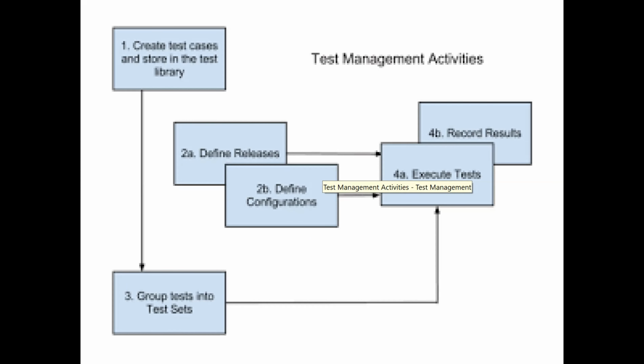Groups of test cases will be collected and the test sets will be formed so that they can be given to each team. Some test cases will be given to the manual testing team, some to the automated testing team, and some to the usability test team. And in each test case, you have to define releases, record the results, execute the test, and define the configuration. Each test will have its own results, how we are going to execute the actual testing process, the configuration, all those components should be available.